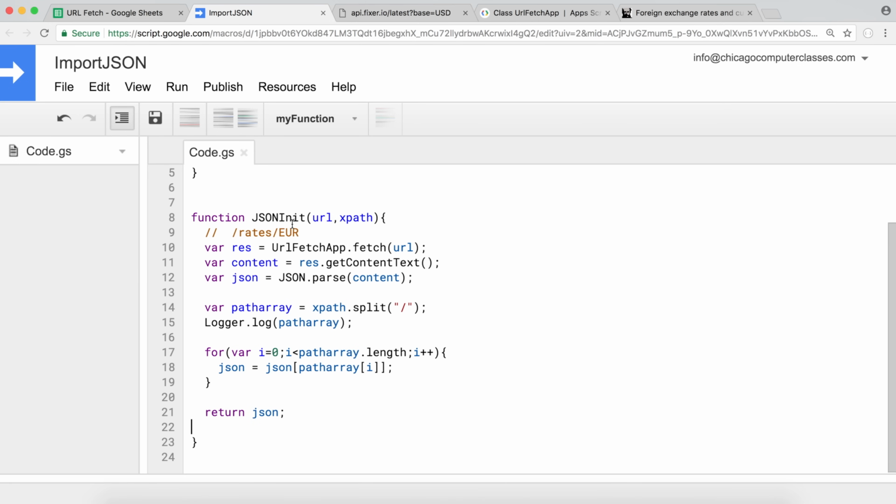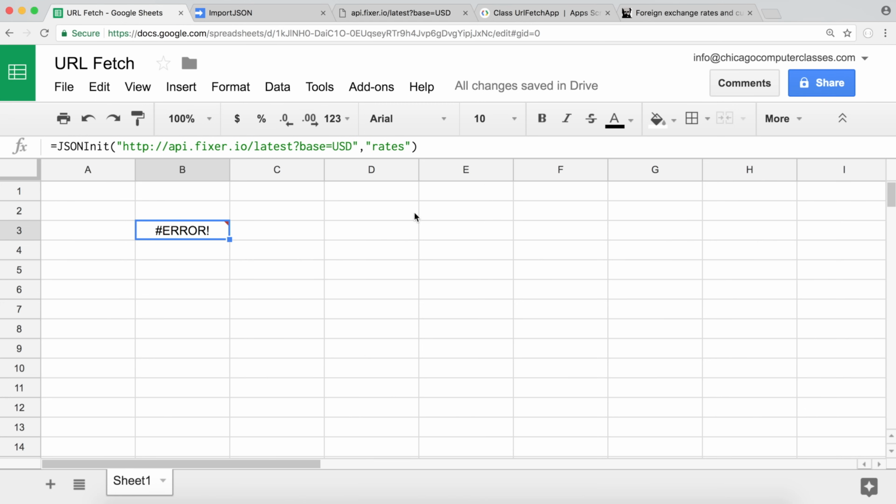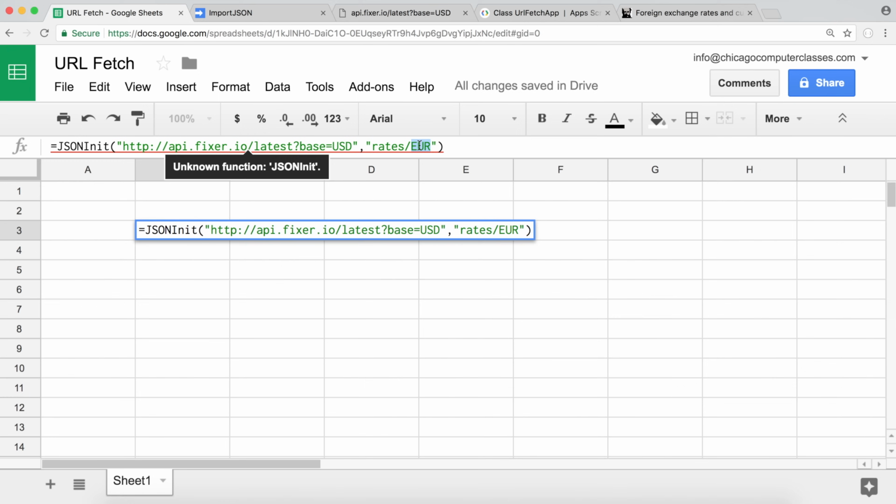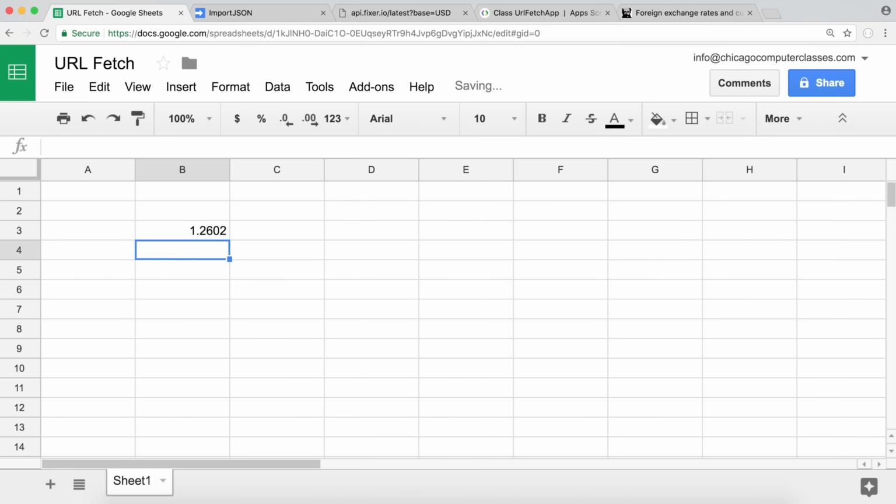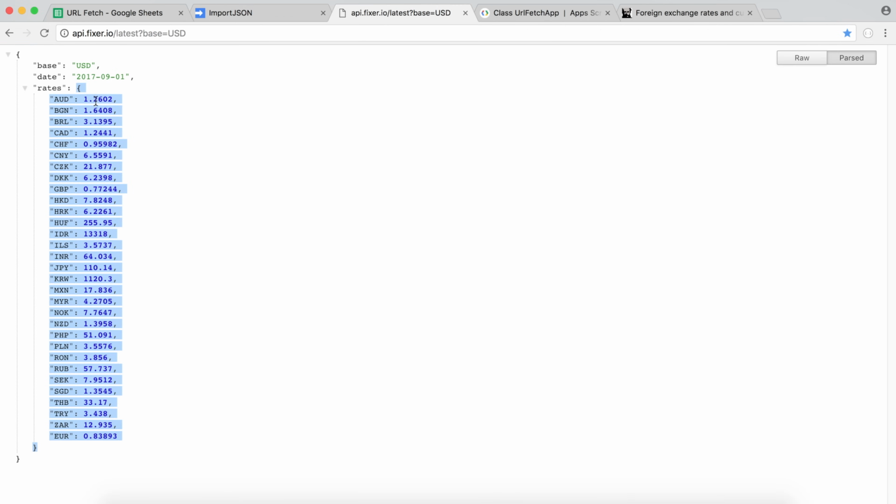So I'm going to go ahead and save this. Now I'm going to go back and try that. So there it is. Now we get an error. Now what I need to do, I have to do rates and slash something like euro. And we got the results. So if I go ahead and type something, AUD, Australian dollar, where are we? There it is,